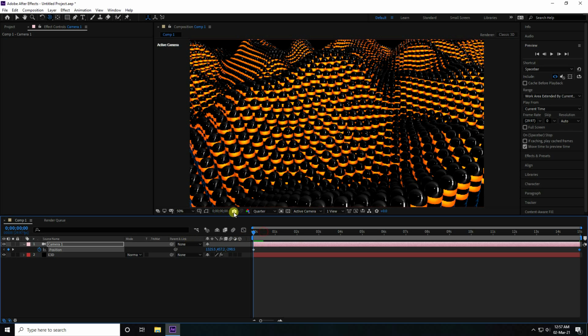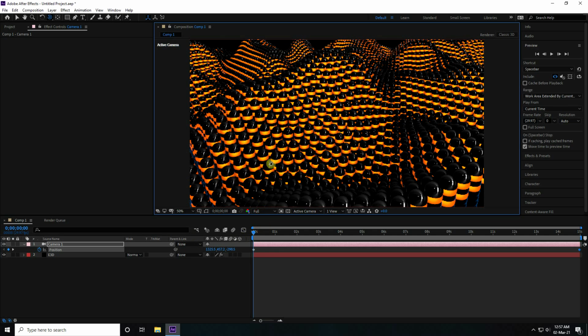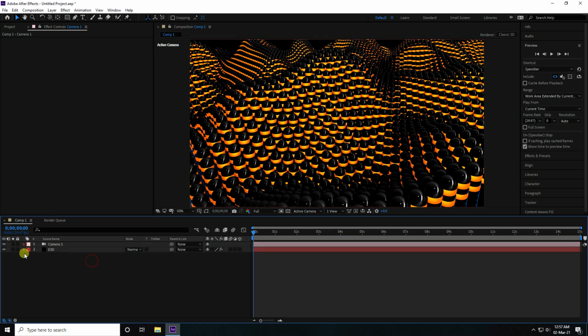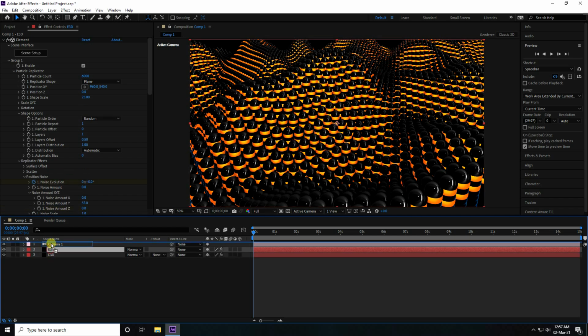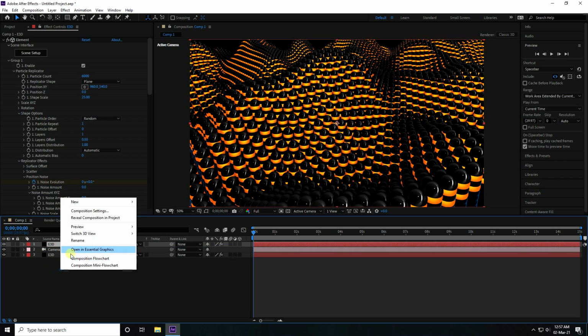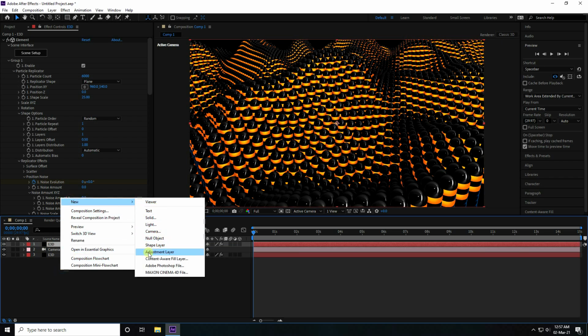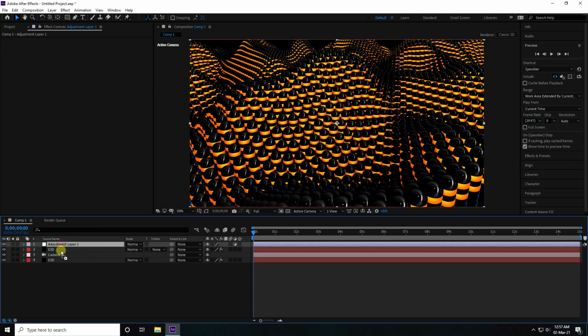Now this time I create the glossiness animation, actually a glossy effect on this part. So select this E3D layer and duplicate, Control D, and go to the top. Now I create an adjustment layer and move it down.